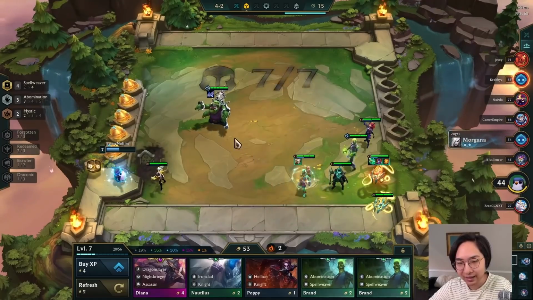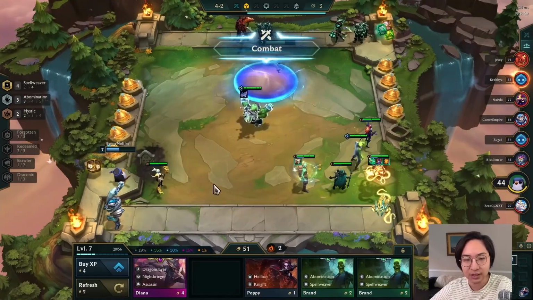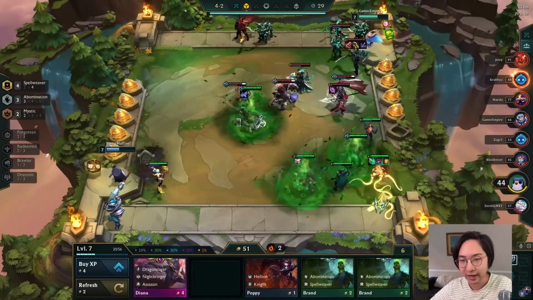We end up building the hat now. The reason why I held off on building that for one turn was just in case I get a Shadow JG there. But since we don't end up getting it, I'm just going to build the hat right now because it's a perfectly fine item to build. Again, like,